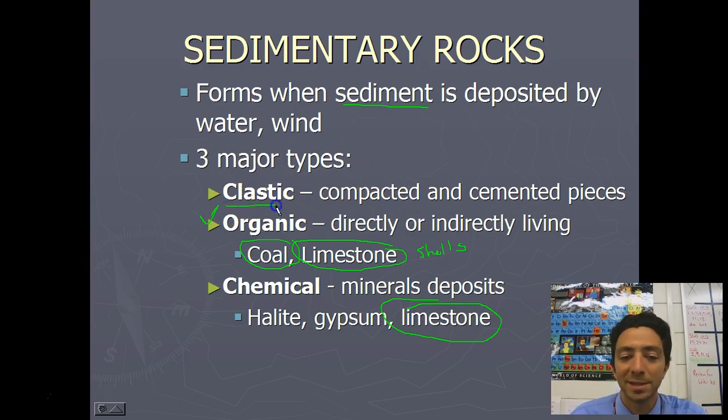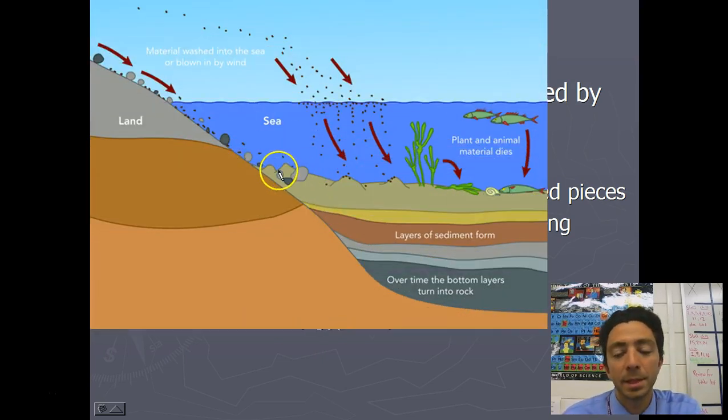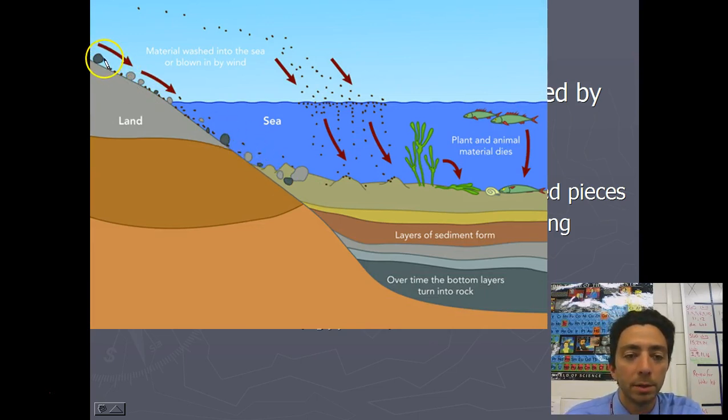Clastic would be just kind of like sandstone or conglomerate rocks that are bigger particles just kind of pressed together. And this is the sedimentary process here, right? The material is either blown by the wind or carried by the water into lakes or areas where it's deposited and builds up. As the layers form over time, that downward pressure and weight of the upper layers kind of pushes them into rock formation.